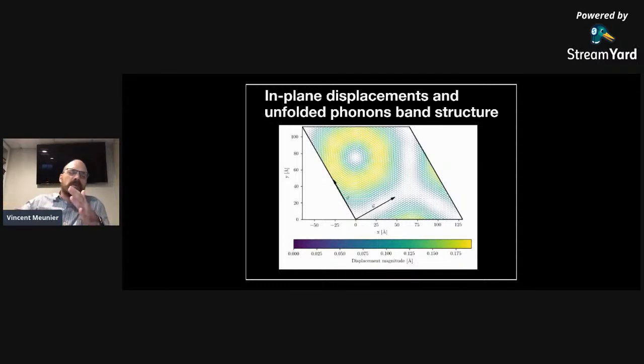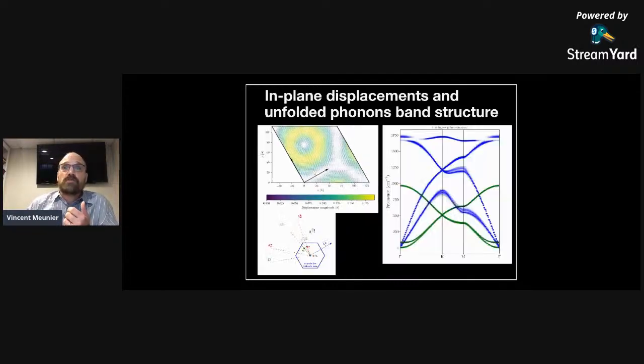So it's like a grain boundary, and that grain boundary basically defines the properties of your material, and this is what makes it so interesting. And in fact, those properties can be seen in the unfolded band structure I mentioned to you. So this is a bit of a complicated graph too, but for people who are familiar with the band structure of bilayer graphene, you see that when you have a twist, there is a splitting of many states, and the splitting of those states is actually a signature of the magic of the angle that you are rotating your structure by.